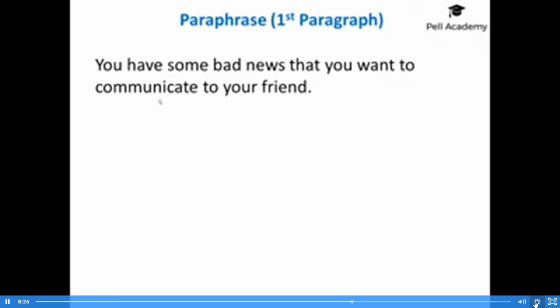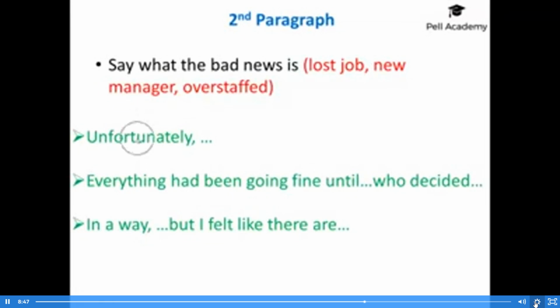So I'm just writing to let you know that there's some unfortunate circumstances happening to me, whatever like that. Obviously, make sure that you're using informal language because your letter is to your friend. Paragraph 2 then, these are just some ideas of language that I would use. So I'd probably start off the second paragraph with, unfortunately I've lost my job, or unfortunately I lost my job 3 weeks ago, and then maybe a little bit more detail about that.